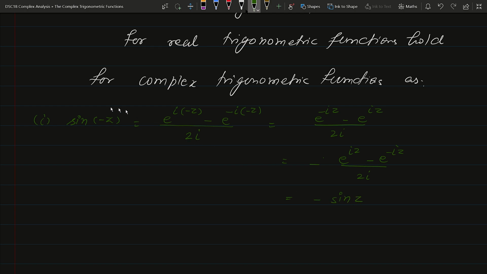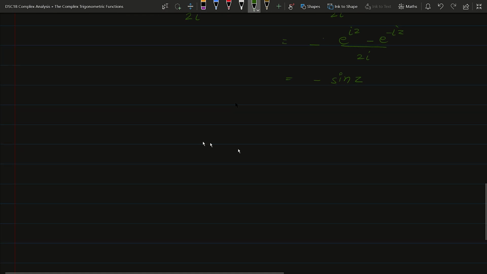Okay, so this similar identity we get for the real variable also. So sine minus z is minus sine z, and in a similar manner you can write the cos minus z. So the second quantity, cos minus z, will be equals to cos z. You can verify in a similar manner only. Just use the relation between cos, sine, these trigonometric functions, and the complex exponential function, and you will